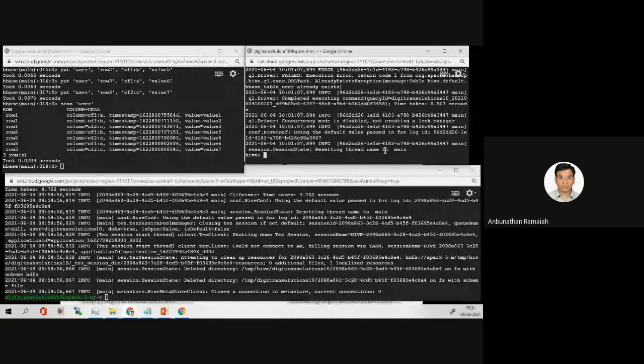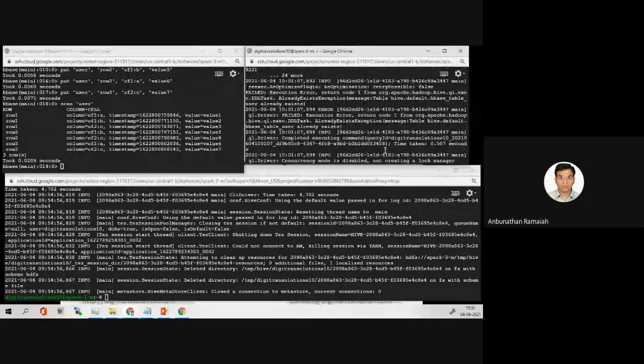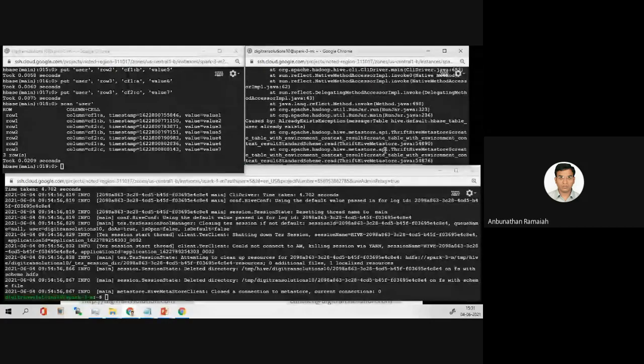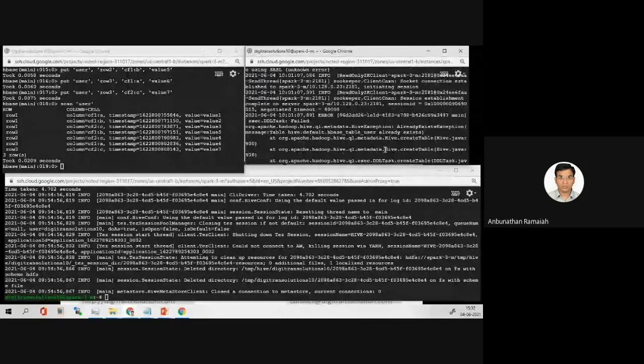Here, when any error has come, just check it. So here the table already exists. Yesterday I did it. So we have to remove it first. Then we have to do it the same way.